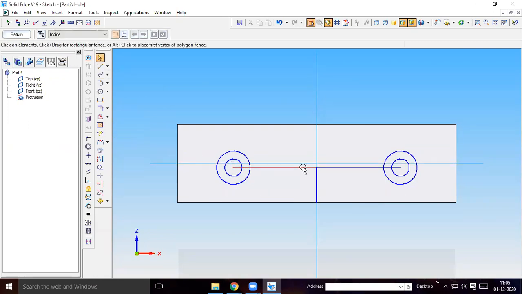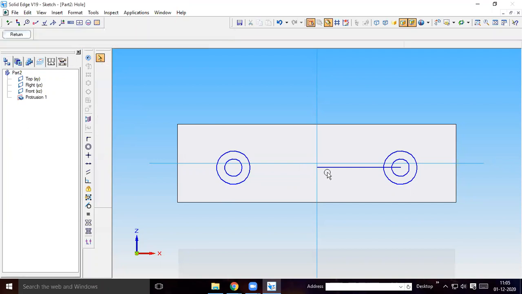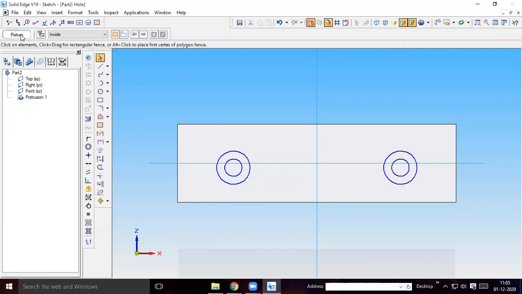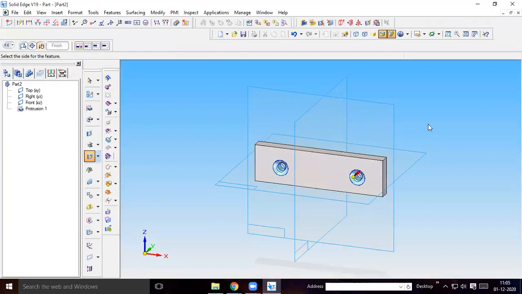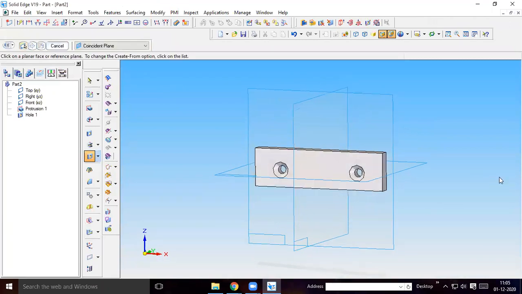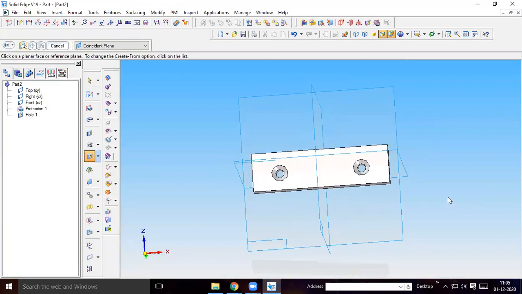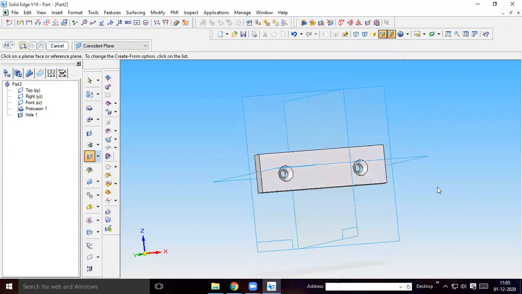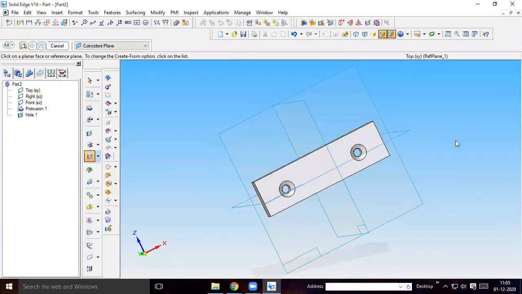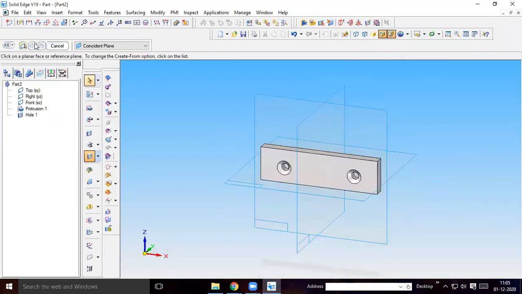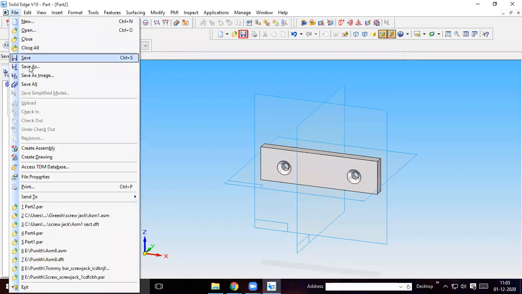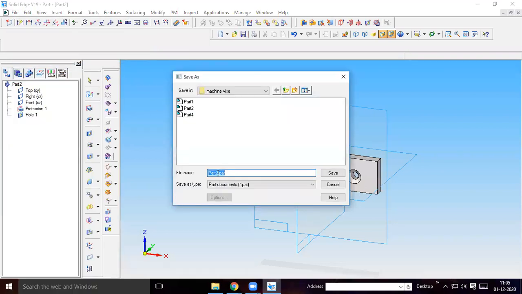Then delete the construction line. Then return. So like this we required a countersink hole in order to accommodate the screw. Okay, is it clear? Then place it in dimetric view and save it as part 3.